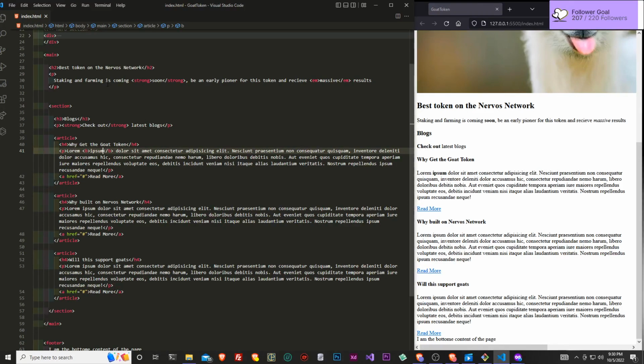But the difference between a strong tag and a B tag is that this is giving meaning to this word soon. This is giving meaning to the word checkout. We really want them to check out our latest blogs. We really want them to understand that this is going to happen soon. This is going to be effective for visually impaired people, as well as just letting people understand.